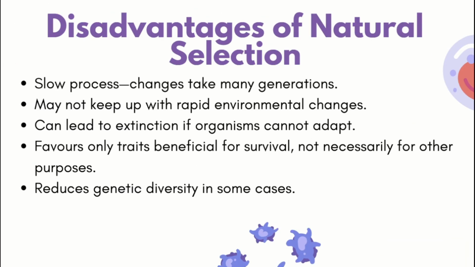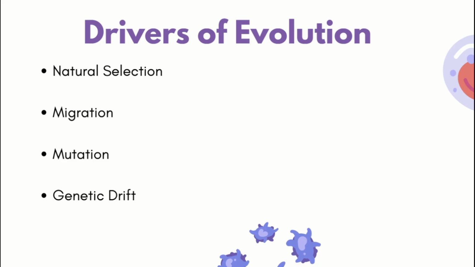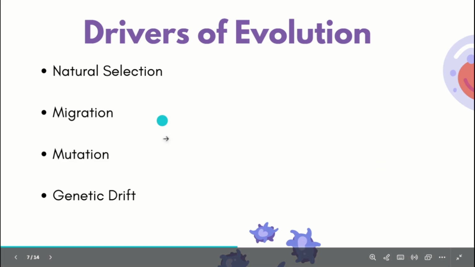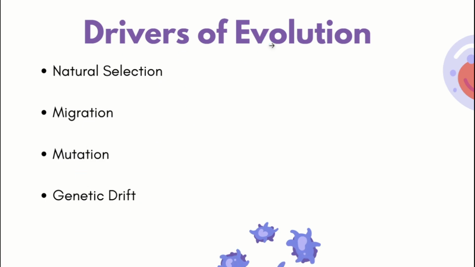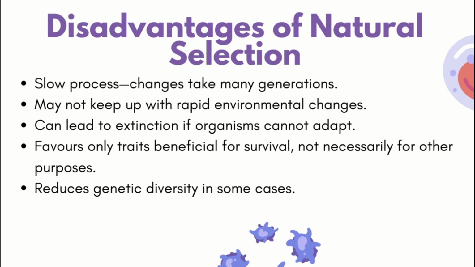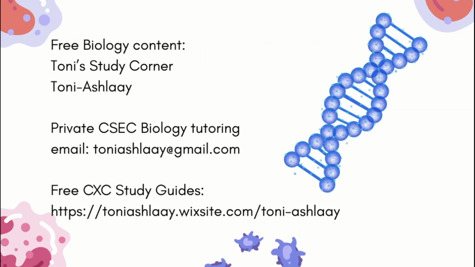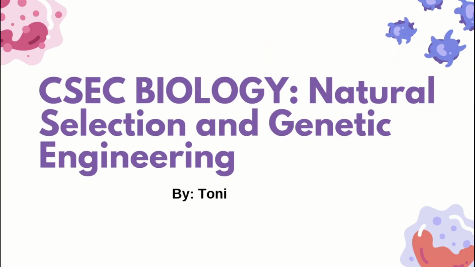Right, so we went through artificial selection, natural selection, and genetic engineering, and these are a part of section C of the CSEC biology syllabus. You can go back and look at each slide. We did not go in depth on this. We don't need to go in depth as long as you know what they are, that they're drivers of evolution, and you can define